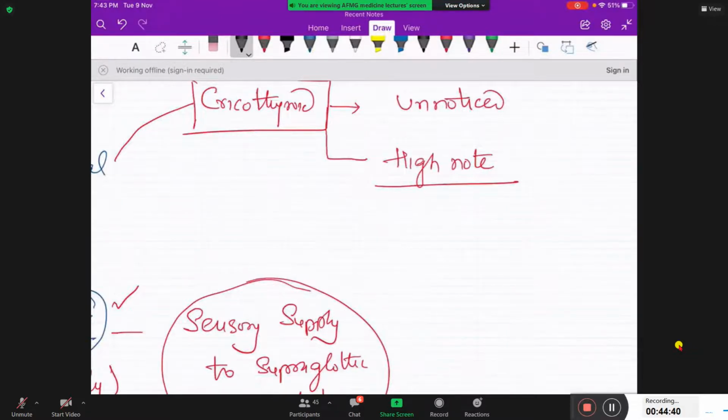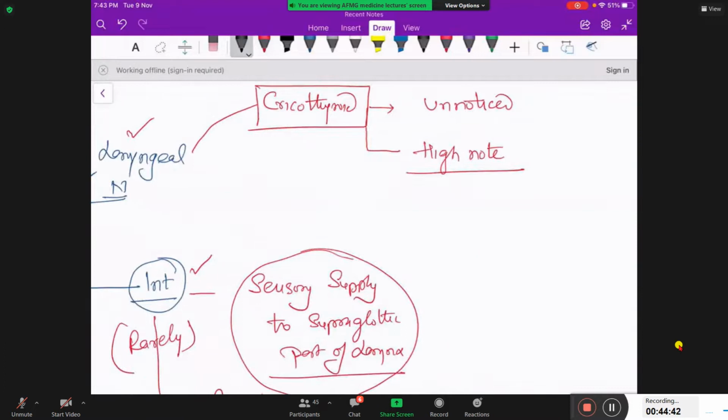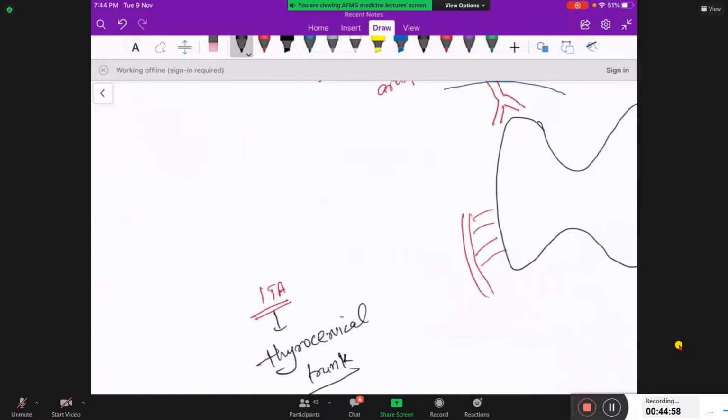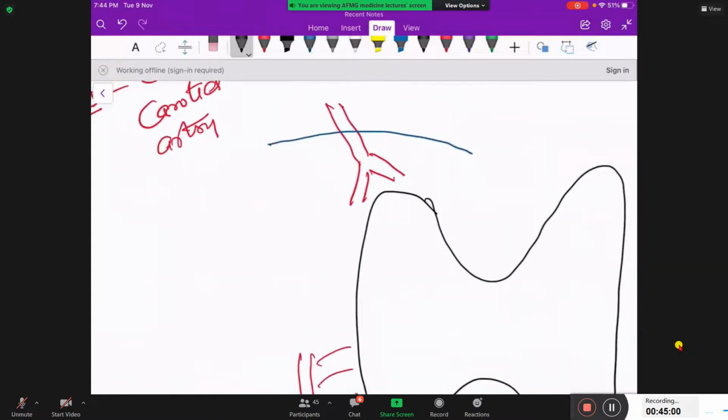So high note now. In this, there will be a problem in raising the pitch of the voice. So in a normal individual, it goes unnoticed. Now, to prevent injury to the external laryngeal nerve, in thyroid surgery, the external laryngeal nerve can get injured. So to prevent injury to external laryngeal nerve, a very important and the latest thing, superior thyroid